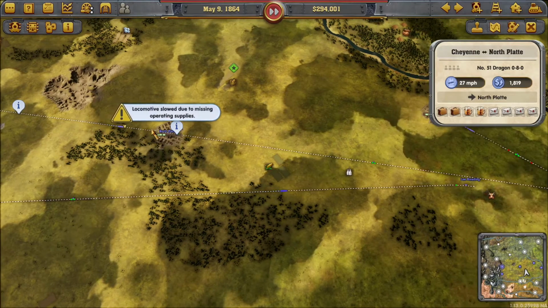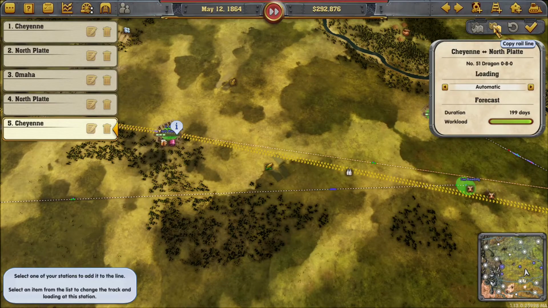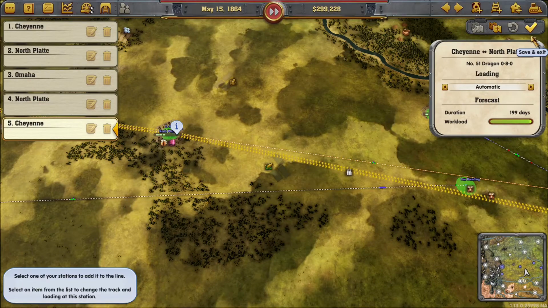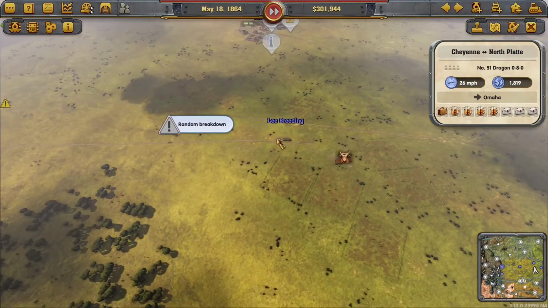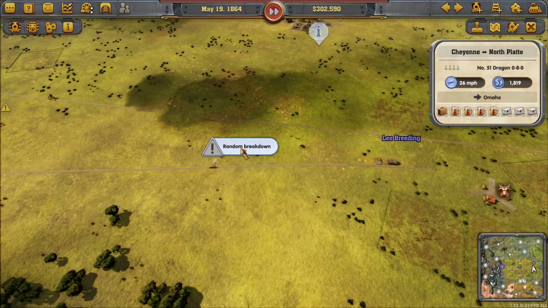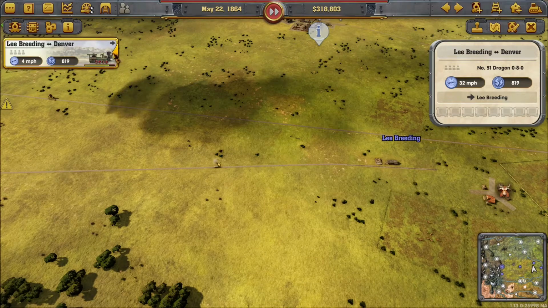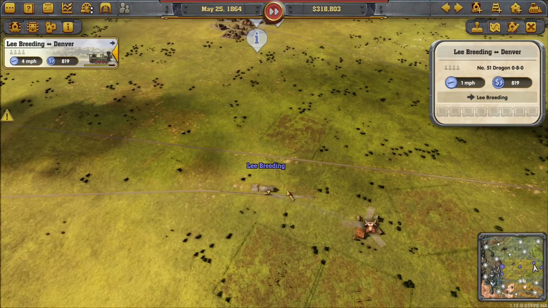He's going to North Platte. Don't want to do that. And then he's on to Omaha. Yeah, so that's fine. Now what's going to happen here? Random breakdown. What can we do about that? Okay, so maybe they just sort themselves out, but it just slows things down. Okay, now is he going to...